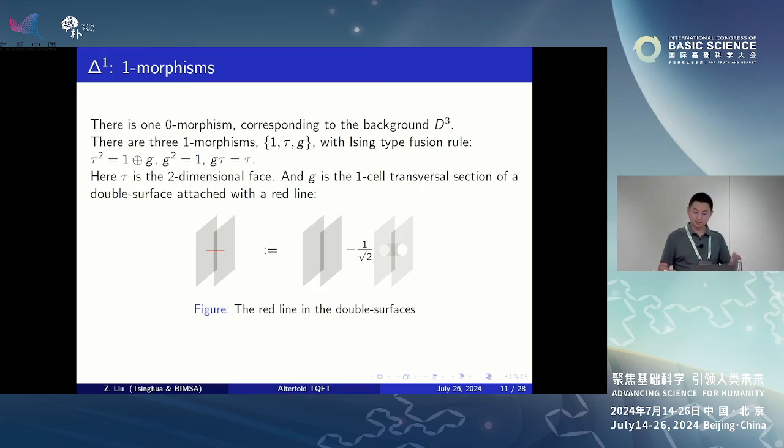And if we go further, we can compute. We can take G and then tensor tau again, and we can show that this is actually equivalent to tau. And if we take G tensor G, this will be equivalent to 1. And that means when we take the one simplex, we can have many parallel folds of the faces. But modulo those relations, essentially we can only see at most two faces.